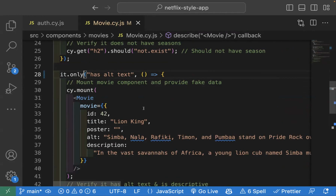accessibility, or a11y as it's also commonly called, is not something that is in the forefront of the mind for some developers. But I do want to point out that accessibility is one of those things where, if you need to be able to see that description, not having it there is really disastrous to your experience when you're visiting a site. So I also think that when you're testing components, that is a great time to test to see what type of alt text you have within that